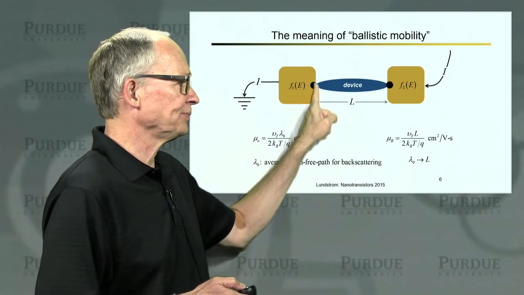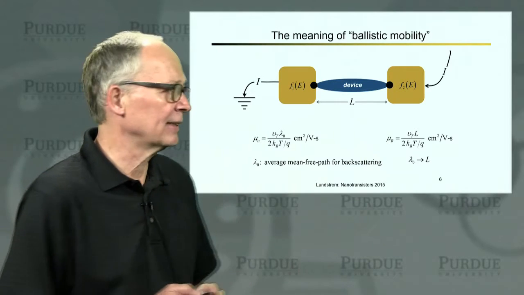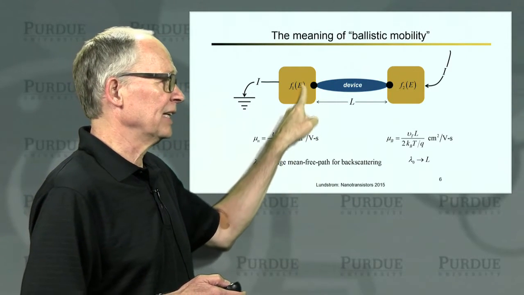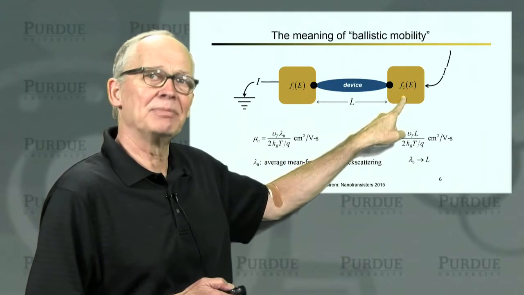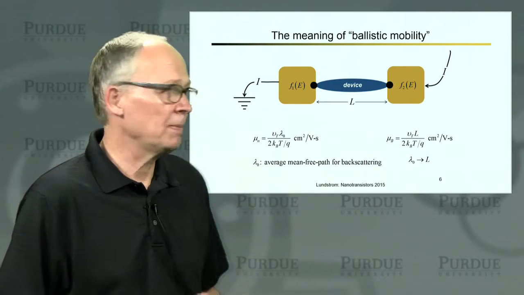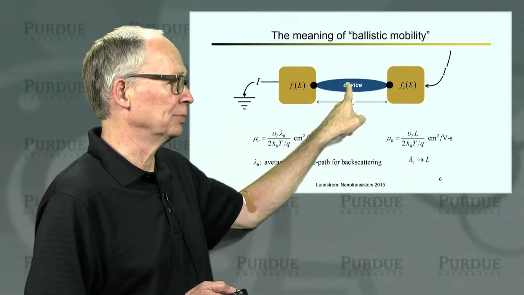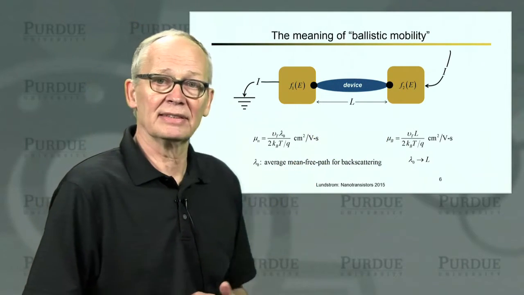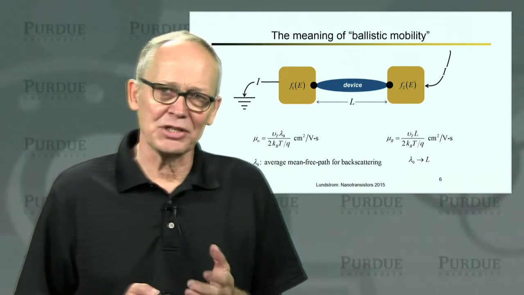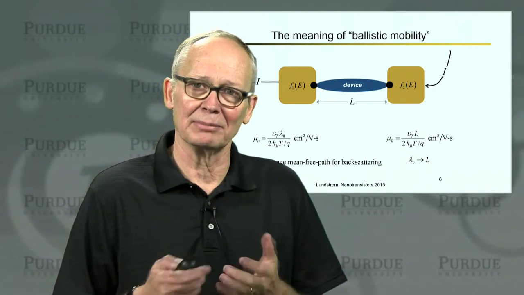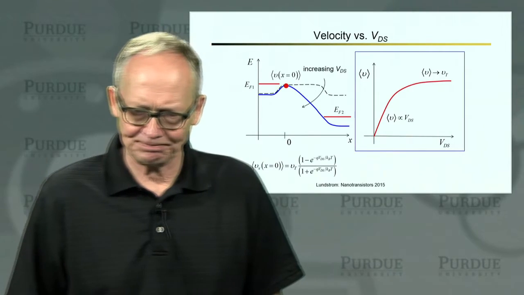So the picture is this. Electrons go across the channel without scattering. That's what we mean by a ballistic MOSFET. But there is a lot of scattering initially in the source. Then they travel across the channel and they scatter immediately because there's a lot of scattering in the drain. So since the region in between is ballistic, the distance between scattering events is simply the length of the channel. So it makes sense in this nano device that we should replace the mean free path for scattering by the channel length. And that's one way that we can make sense of this ballistic mobility.